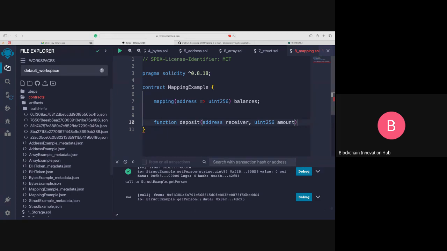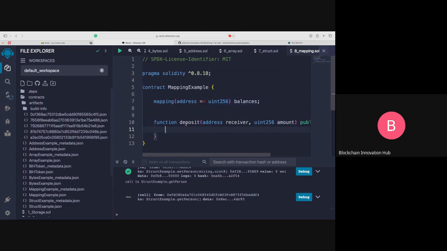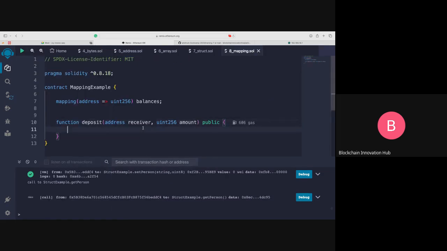But in this function, we're not doing any checking. Anything goes. If you don't have money, it still allows you to send money. It's like an open bank. Everyone is getting free money, so it's not doing any checking. The next thing is you can just say balance, then the round bracket, like an array, but this time the index is the address. So we are going to say balance of receiver is equal to amount,